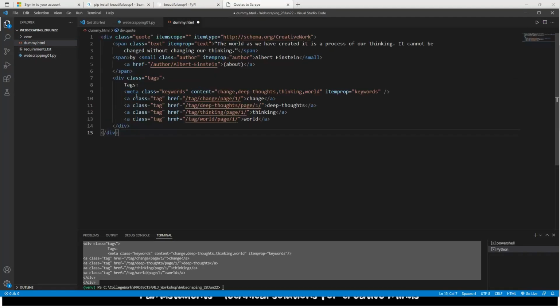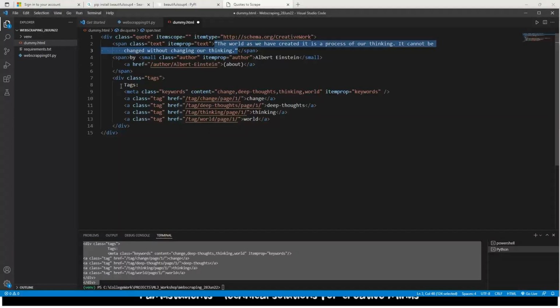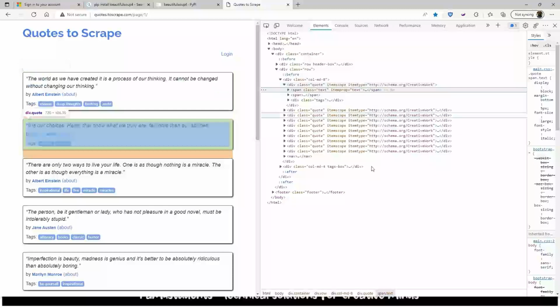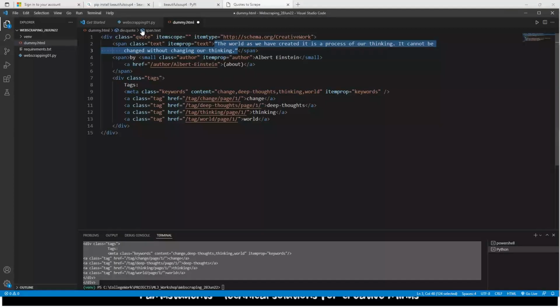Now in this one, we need to find a span with a class text. Can you see? A span with a class text, so that we can get this text. Is it clear? So I copied all this HTML file and I started doing a bit of research on this thing. Rather than here, I got so much stuff. It's easy. Okay, so if I come back here,